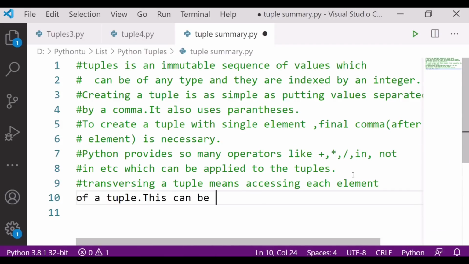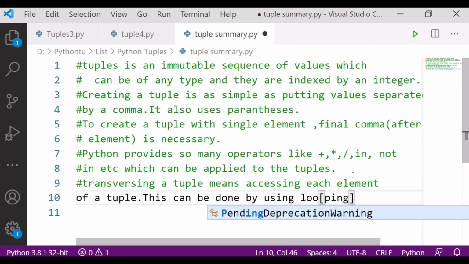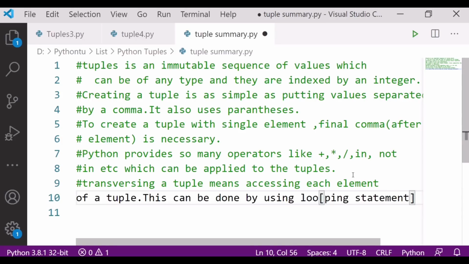This can be done by using looping statements.